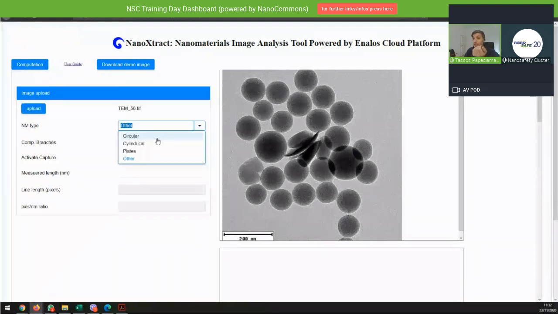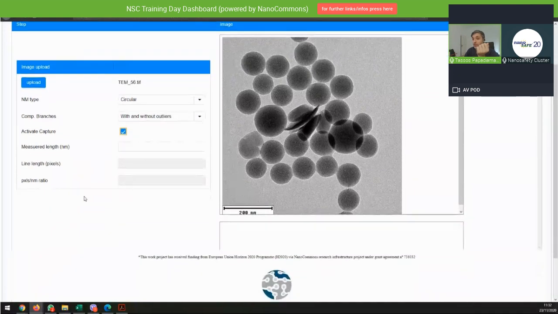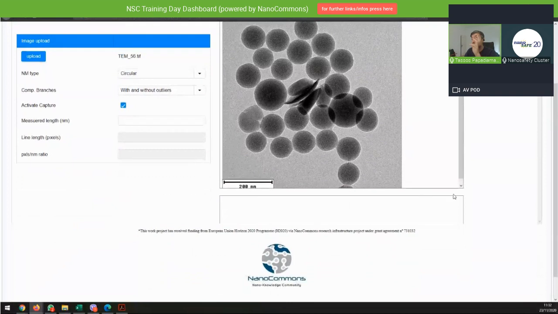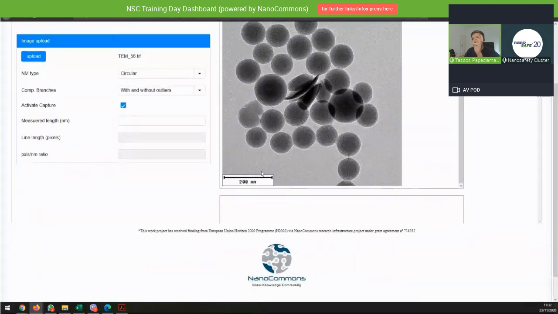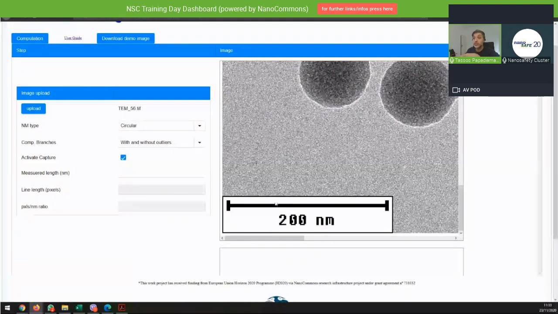First of all, we know it's spherical nanomaterials with and without outliers. We activate the capture. And again, I cannot stress this enough: remember to get the magnifying glass, to make sure, because you see the difference.